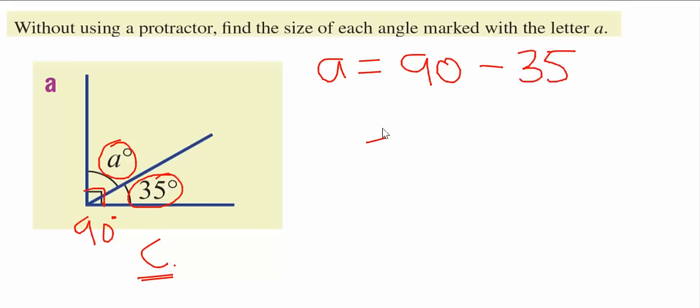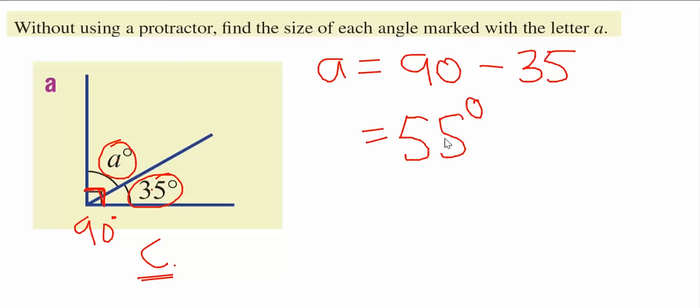Okay, which means our answer is going to be, what is it, 55 degrees? I think that's correct. 90 take 5 is 85, take 30, 55 degrees. Make sure we put the degrees in there. Okay, that's simple. All right, so use your knowledge knowing that that's a 90 degree angle, that these two must